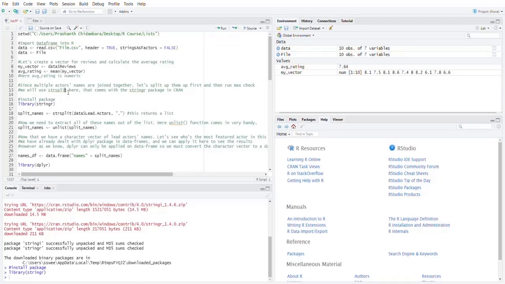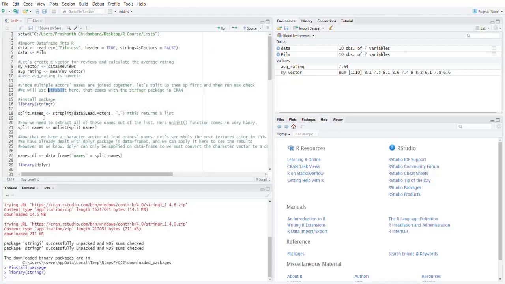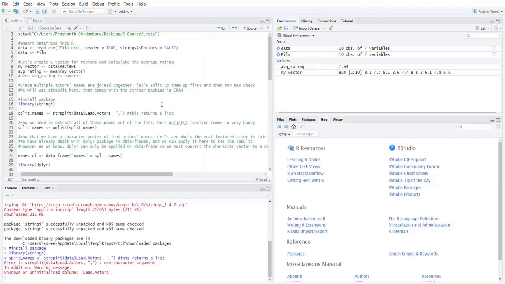The stringr package has a very useful function called strsplit, and that'll help you split strings based on some parameters. So in this case, the splitting point is the comma. If I were to split Daniel Craig and Eric Bana, I would use the comma and get two different actors, right? So split_names is equal to strsplit of data$lead.actors, and this is the separation point, right? So if I run this code, I should